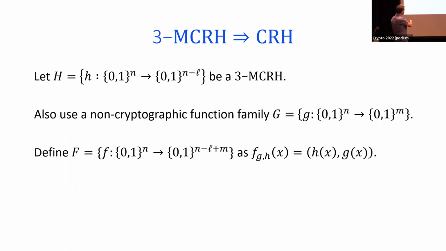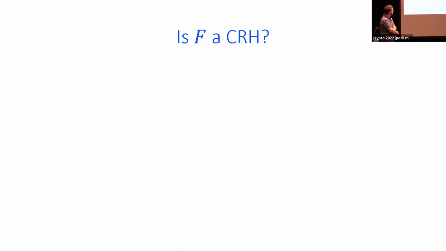We construct a hash function family F, which basically just consists of the concatenation of H of X, remember, H is the MCRH, comma G of X. Okay, this is a new hash function family that we constructed. We call it F. And now we ask ourselves, is F CRH? Either yes or no. If yes, great, we can go home. So the more interesting